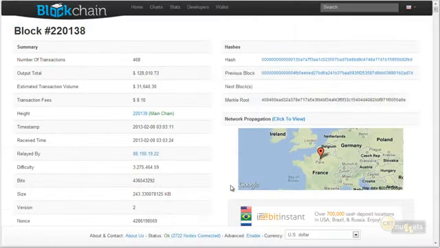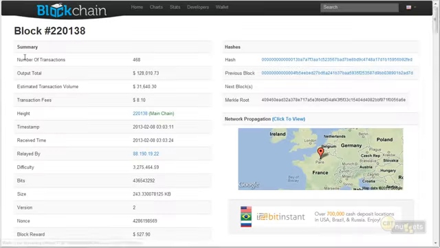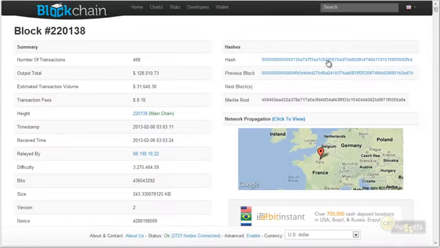So if we take a look at the details of one of the blocks, this is on blockchain.info. So this is the main page. If we click on one of the current blocks, it's going to show us the details for it. Here we have the hash for that block. This is the hash for the previous block. It was reported as 468 transactions in that block. Here's the lucky son of a gun who actually reported it. And here's the nonce he came up with.